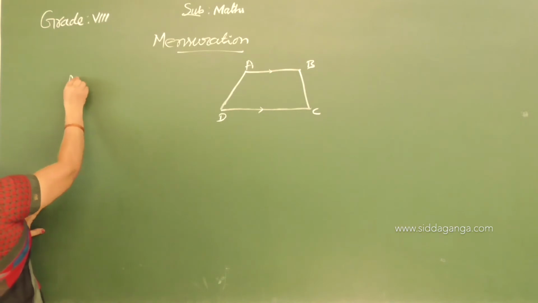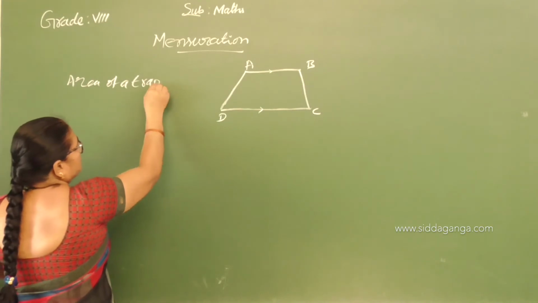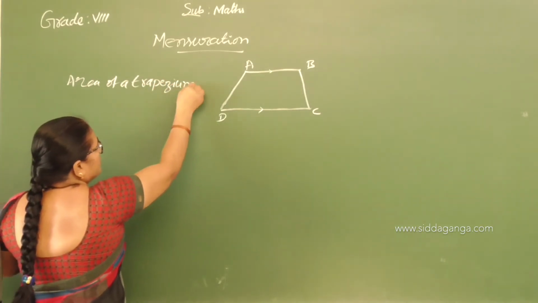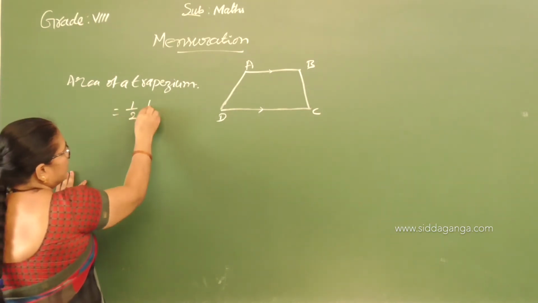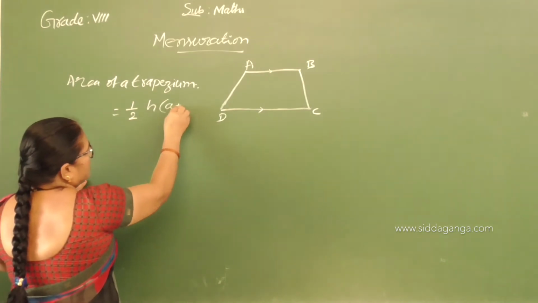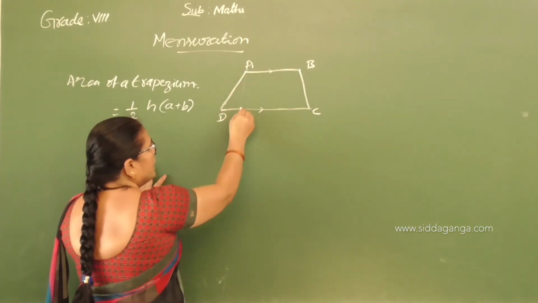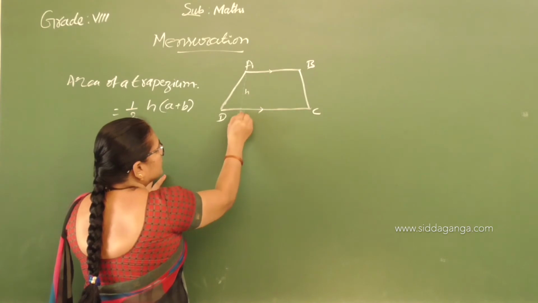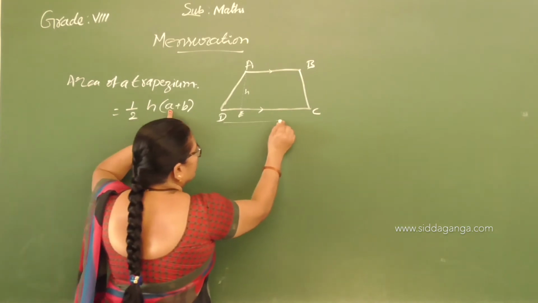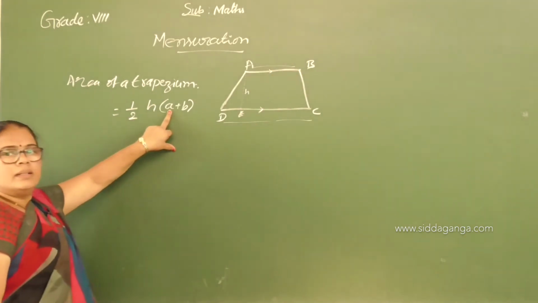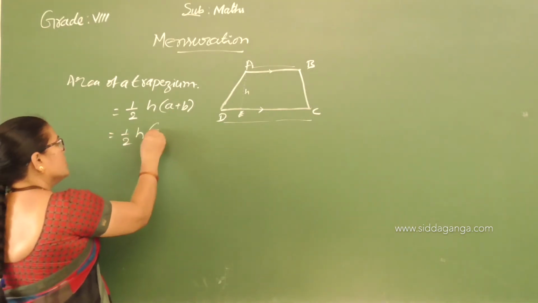Area of a trapezium is equal to half into H into A plus B. Here H is the altitude of the trapezium. A and B are the parallel sides. That will be equal to half into H into the sum of